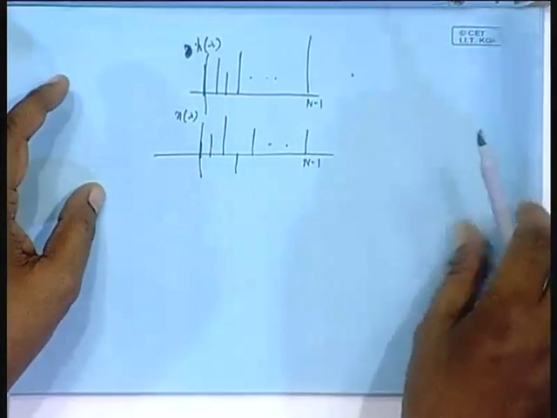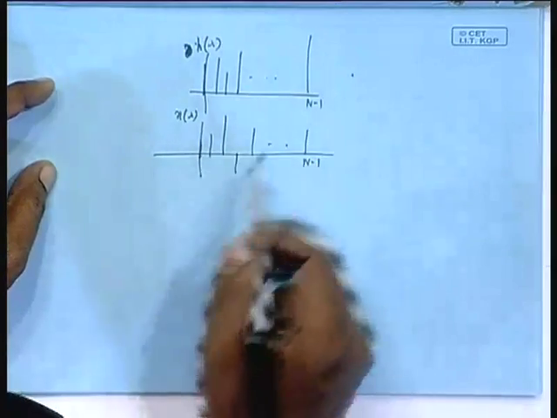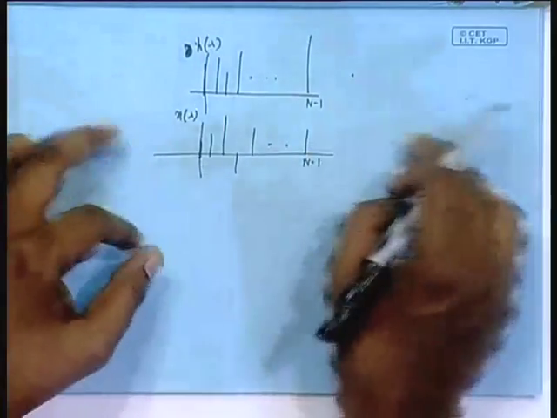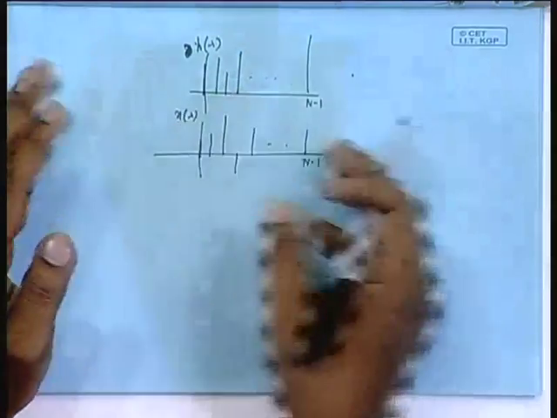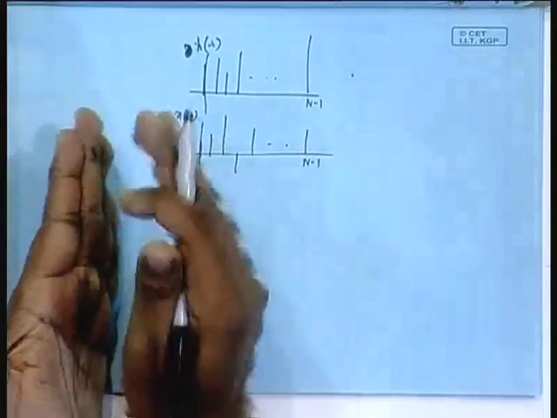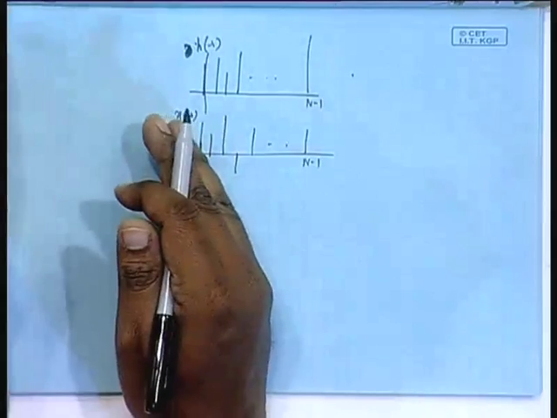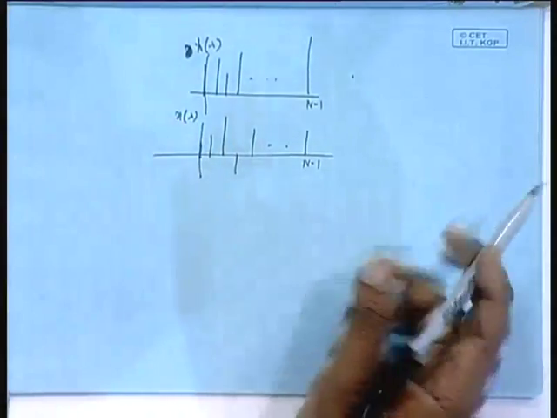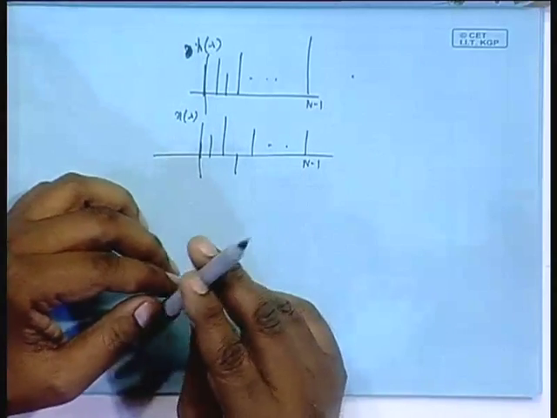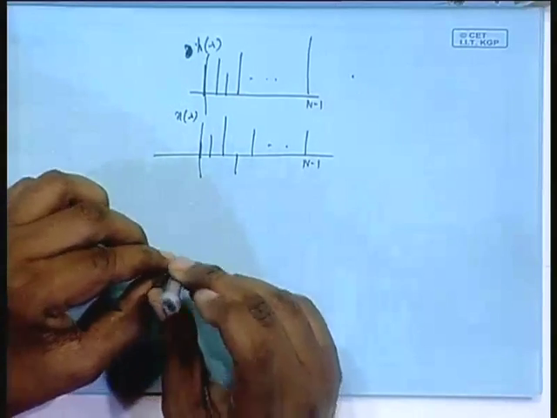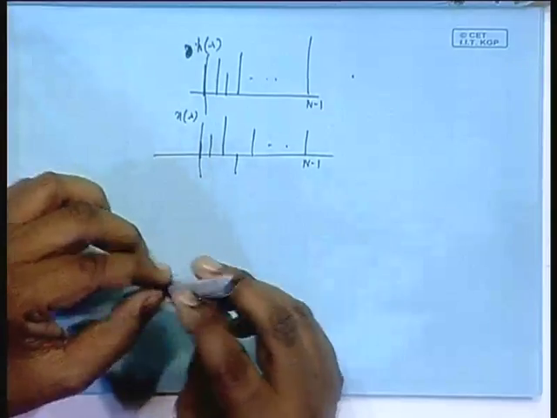I don't know how much time you have today. Suppose you make a periodic repetition of this, reverse it, and now you will go on shifting. But today there is no time, so I would suggest that you take it up on your own. Next time we have to consider it, because once I start it, it will take about 10 minutes or so. This graphical business is very important.